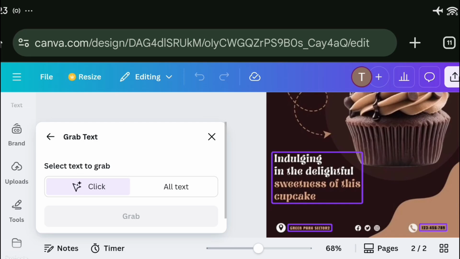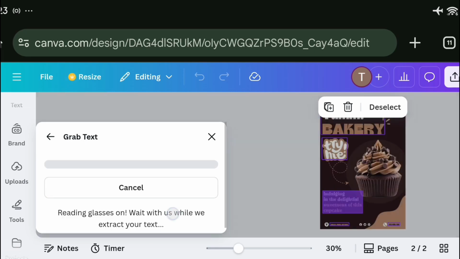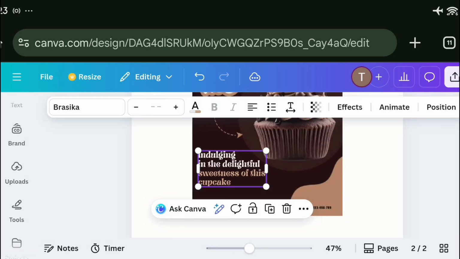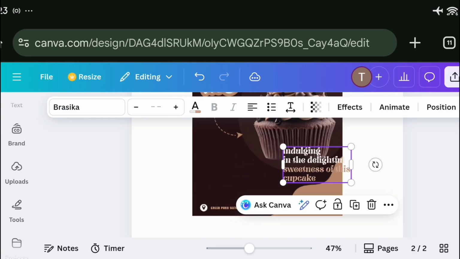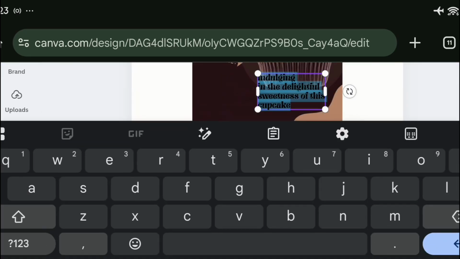Just tap on it, for example like this, and then just tap on grab. And then as you can see, Canva will convert it into an editable text right away. You can just edit it as you like. And okay,